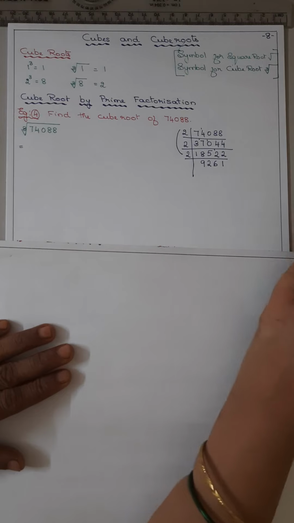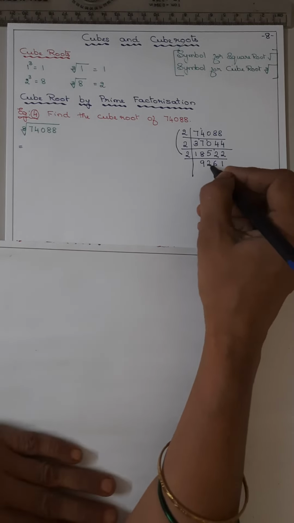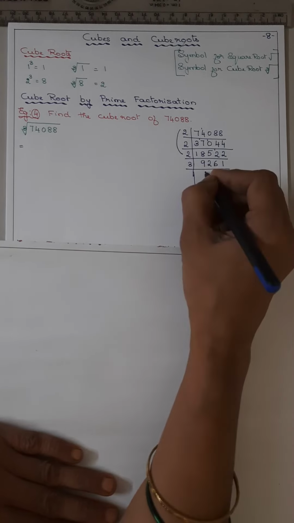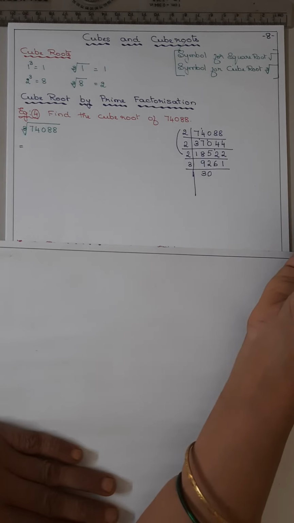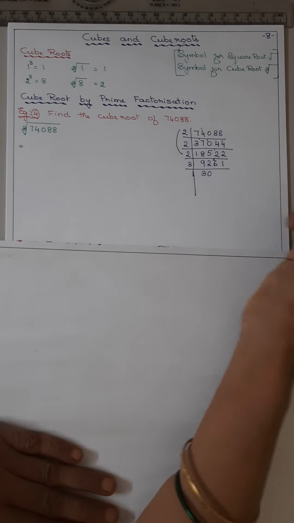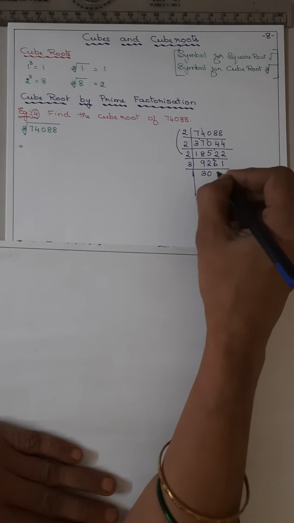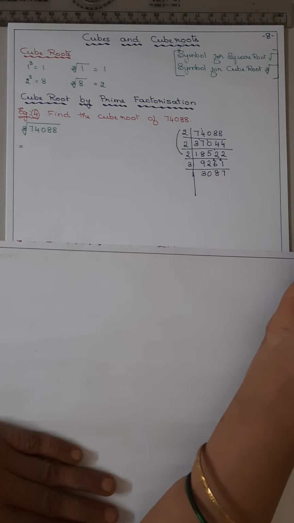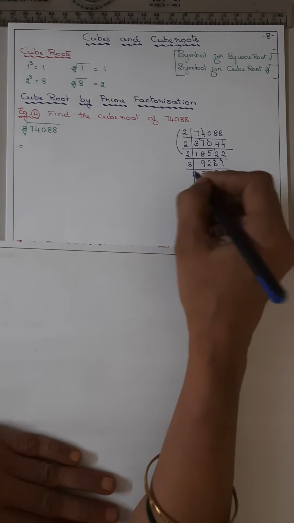Now you can't put 2, try with 3. 9 plus 1, 10, 16, 17, 18. Yes, you can try with 3. 3 3s are 9. 3 how much are 2? Small. That is why we have to put 0. Now 2 and 6, 26. 3 how much are 26? 3 8s are 24, 2 remains. 3 7s are 21.